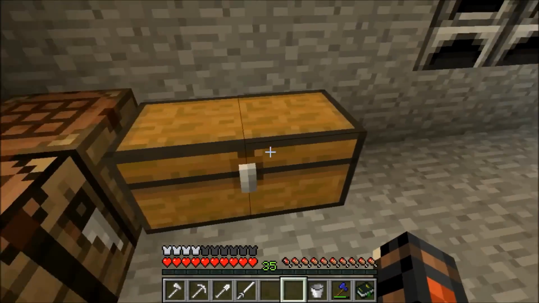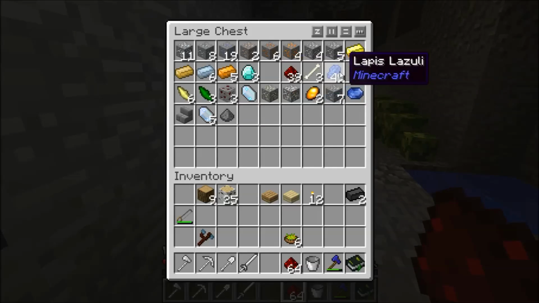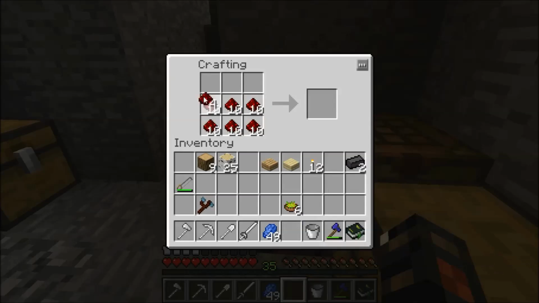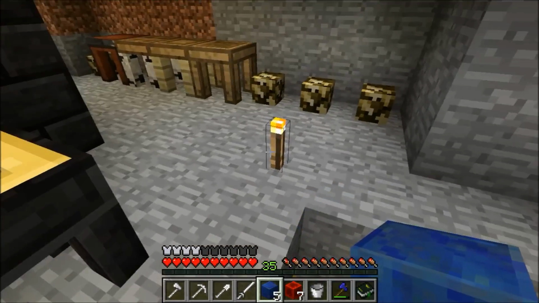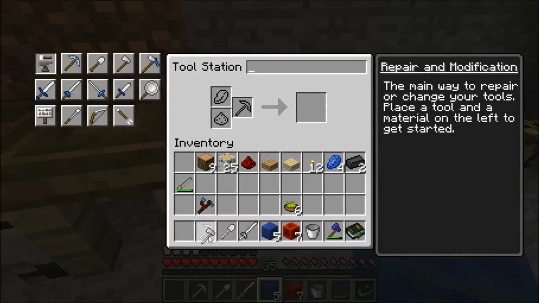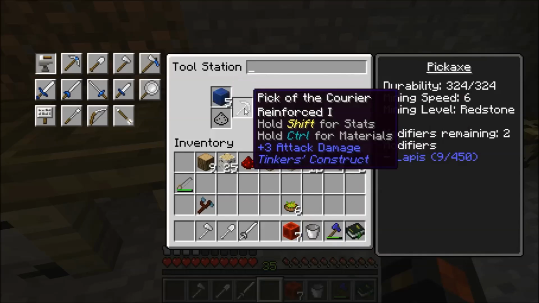So how about I go do some mining, or actually, let me show you guys the trait system. You might want to see that. So you can put modifiers on tools themselves to where you don't need to imbue it with the materials themselves. So what I mean by this, that's my cuckoo clock, is if we put lapis on,